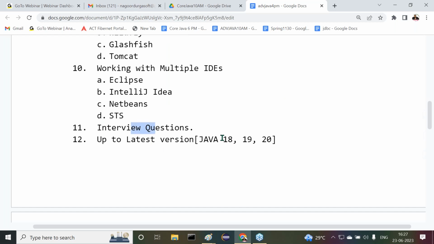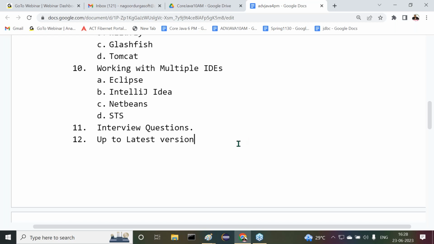Next one is as usual information. Automatically in our classes we are able to get interview questions along with our content. I'm going to provide questions and answers, clear-cut information. Then the latest versions: it's not only up to Java 20, but we can understand up to the latest versions, in the sense JDBC 4.x or something else. Then servlets is 6.0 version, JSPs might be 3.x or 4.x. So we are going to understand the latest content clearly. That's all. These are the points we can understand.